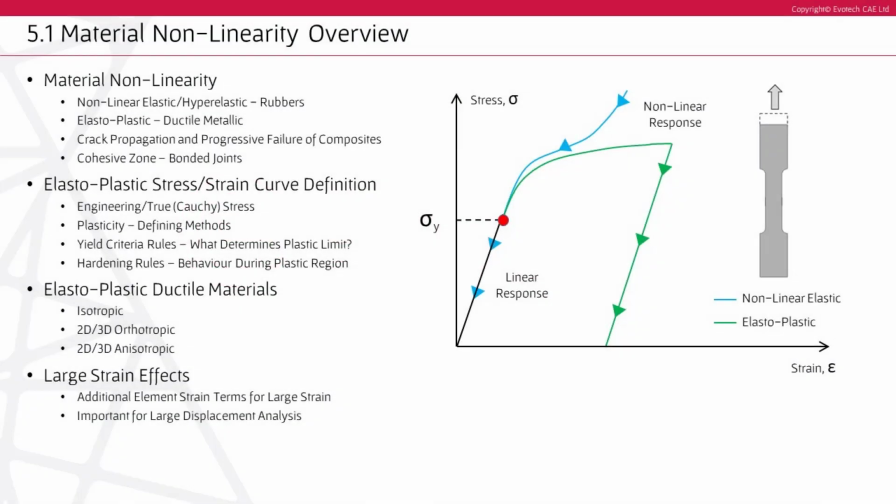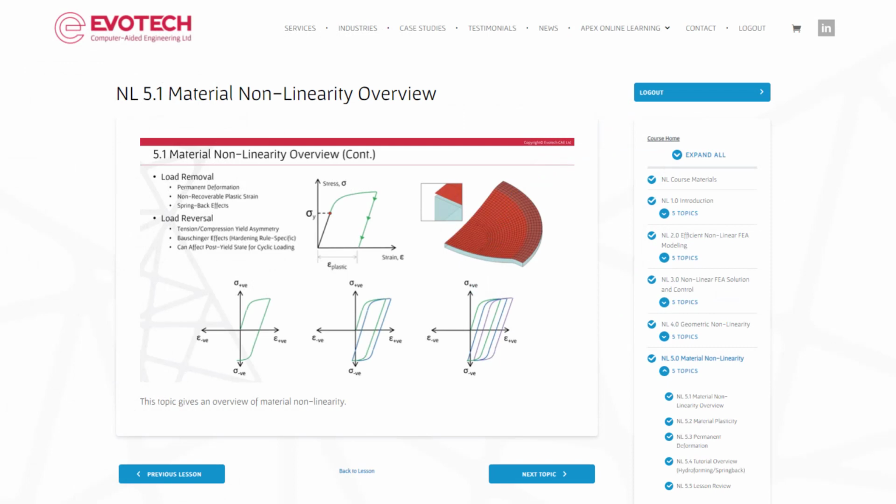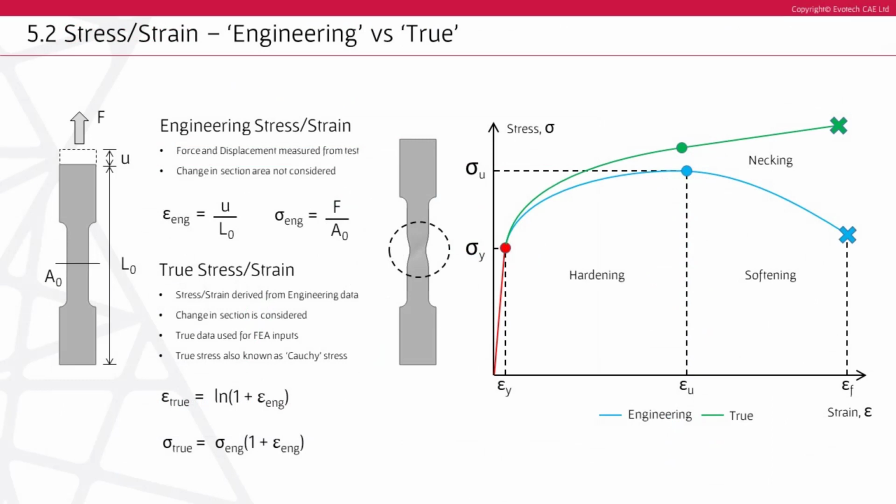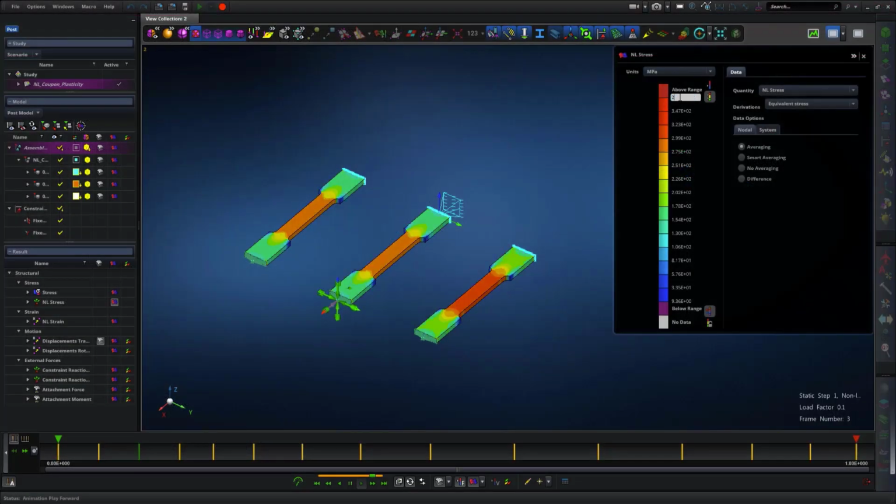Linear analysis assumes constant material stiffness as load is applied. In this section, we look at the change to this stiffness as a ductile material exceeds the yield stress. In defining the non-linear material behaviour, we need to specify the material stress-strain relationship up to and past the point